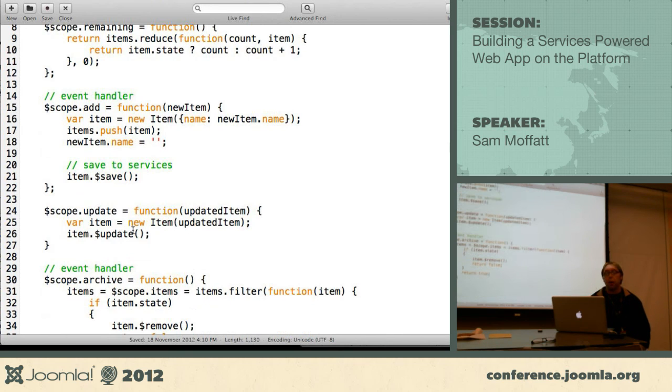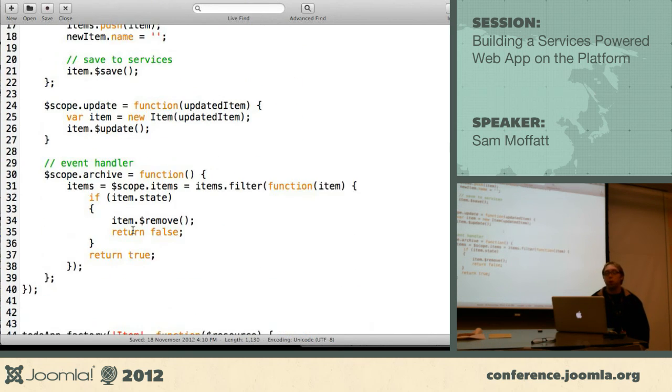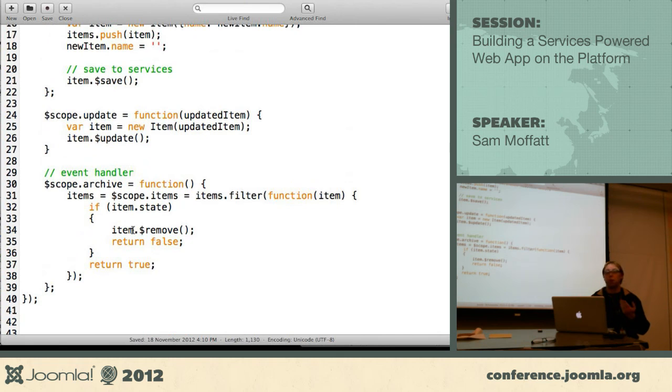I've also fleshed out this archive controller. We're going to go through the list and filter, and if this item is completed, so if state is true, we're going to remove it from the list and return false. If it isn't complete, we're going to return true, and that's then going to update the internal representation of items. So let's save that